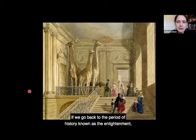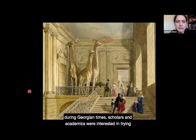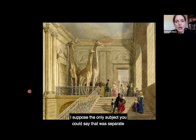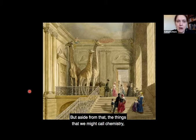If we go back to the period of history known as the Enlightenment during Georgian times, scholars and academics were interested in trying to understand the world as a whole. There was not the idea of the individual subjects which we are used to studying at school nowadays. I suppose the only subject you could say that was separate was the study of the classics. But aside from that, the things that we might call chemistry, physics, maths, biology, were all lumped together as the